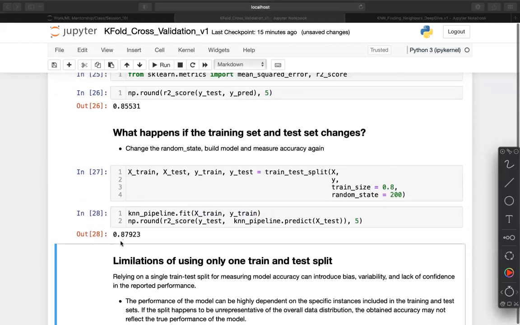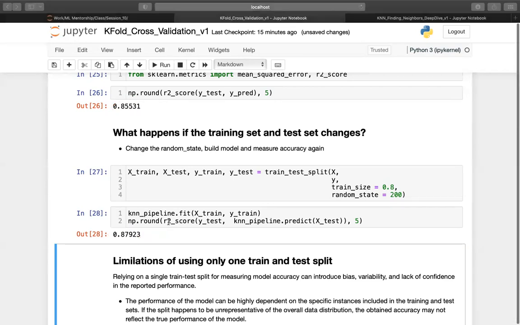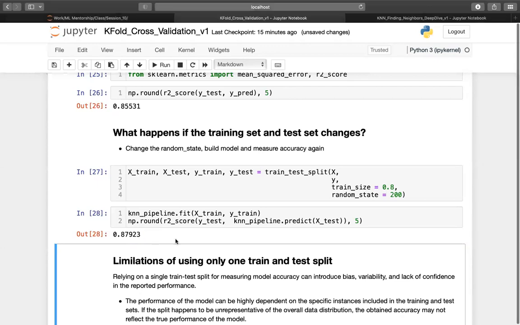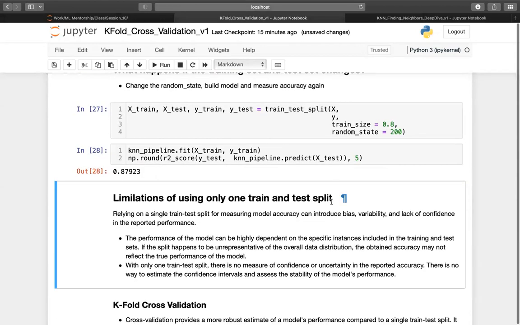Now the accuracy seems to be 0.87. What we achieved earlier was 0.85, now it says 0.87. Then what is the actual accuracy of the model? Is it 0.85 or is it 0.87? Because the moment you change a train and test set, the accuracy seems to change, which is expected, of course. Now, if we had used only one train test split, we would have assumed that the accuracy is 0.85, but now it is changing. So the limitation of using only one train and test split is